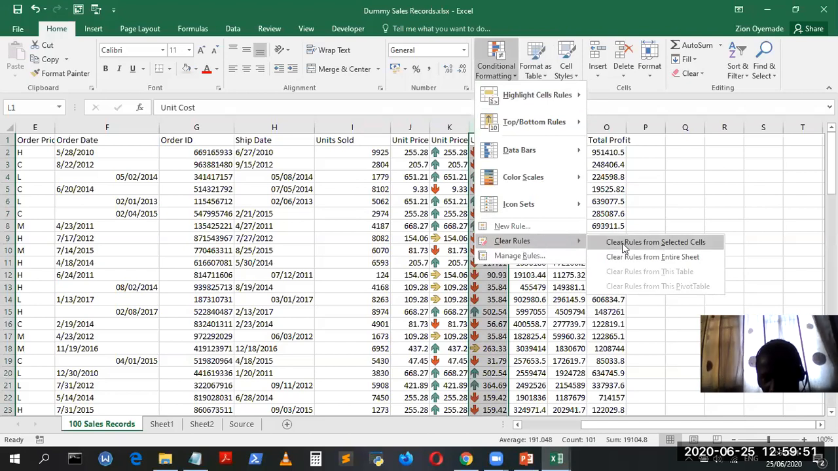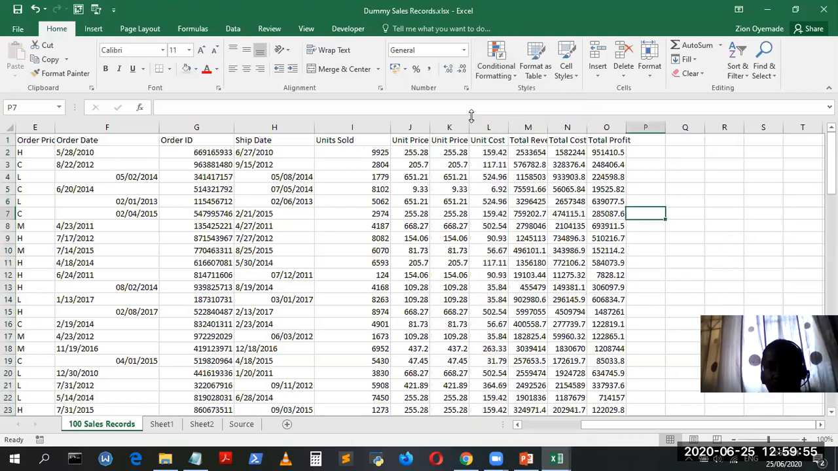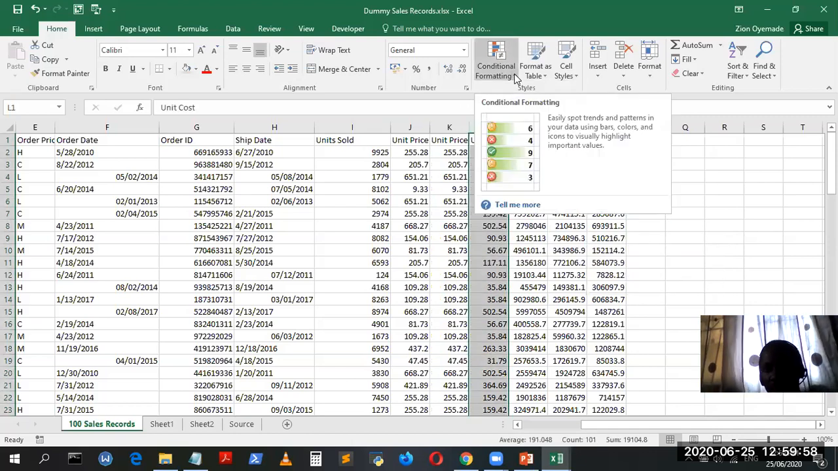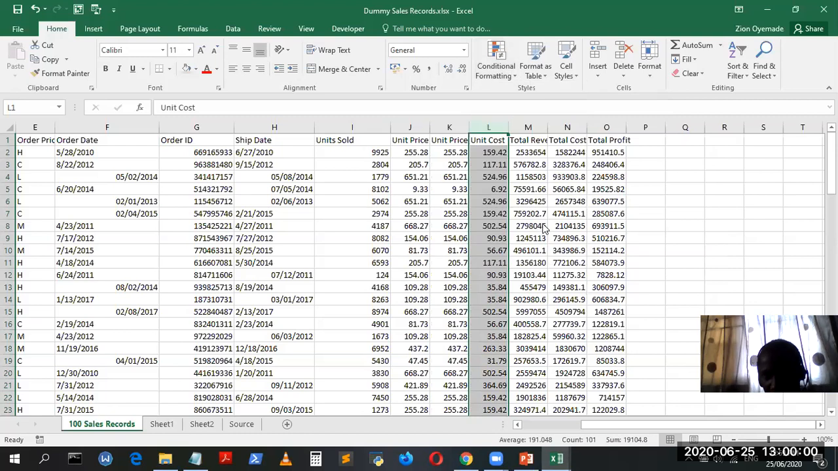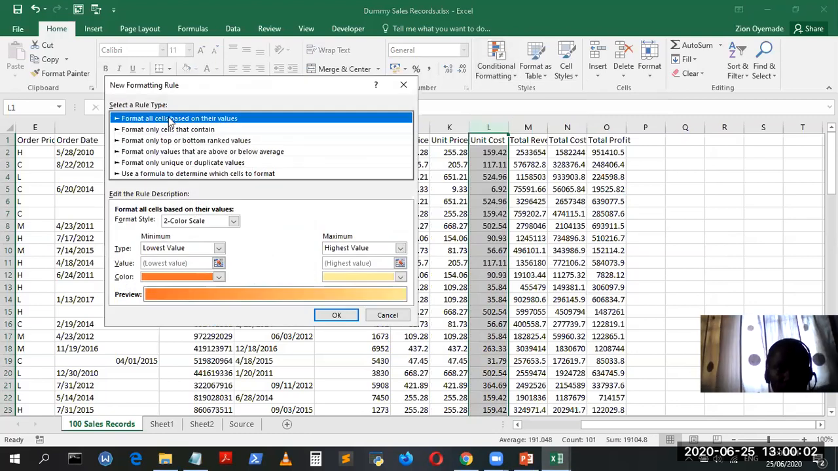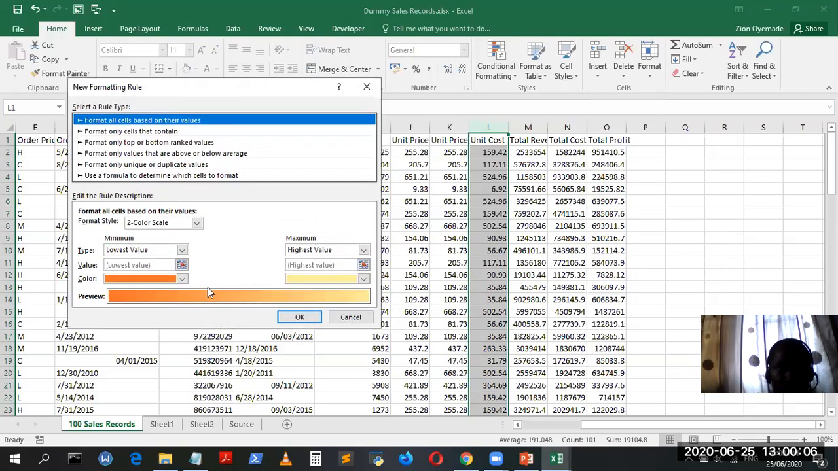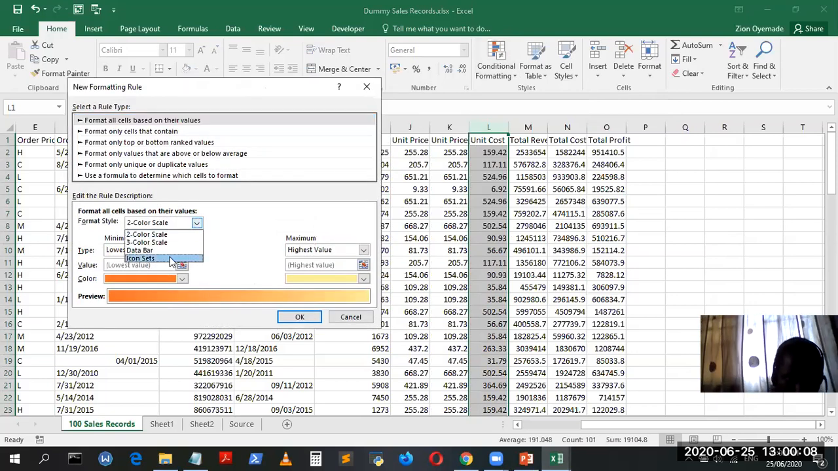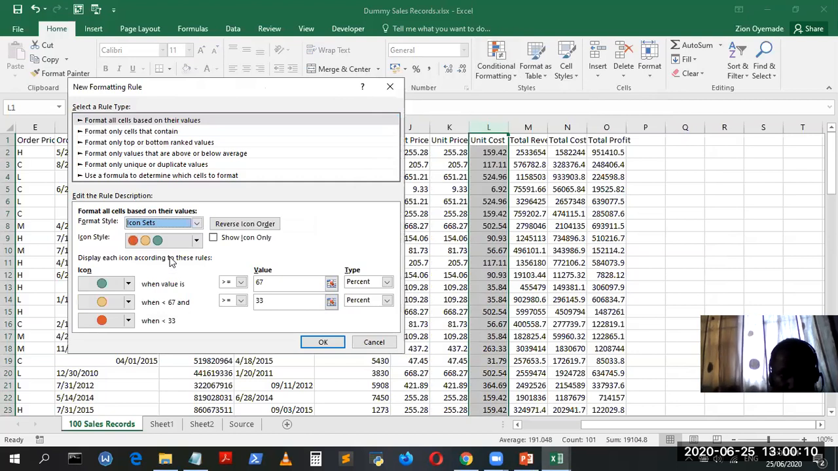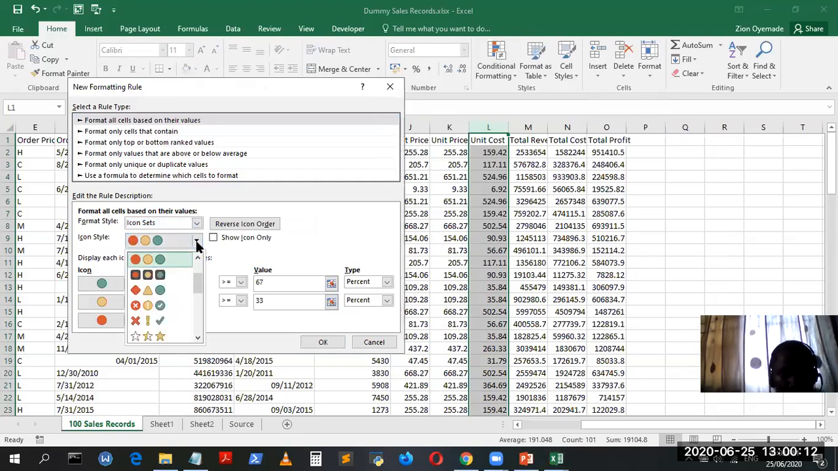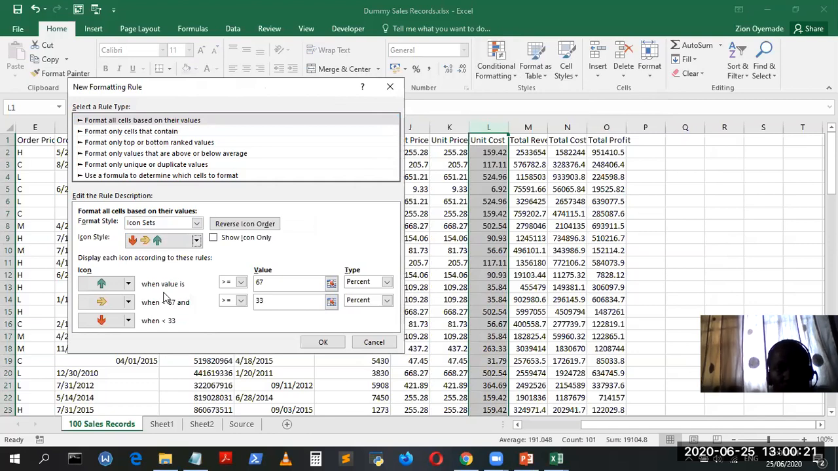So let me clear the rules from the entire sheet. I come here again, click on new rule, and then I say format all cells based on their values. This is the rule type, and then icon set. When I click icon set, you can pick which type of icon you want to make use of. There are so many different icons here. So I select this particular icon, and then